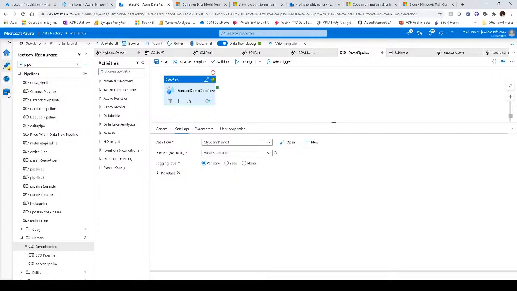So my debug is also using that same cluster definition for that Azure Integration Runtime. You don't need to use a large cluster for debug, because your debugging is going to work with sample data and you're only going to be looking at a snapshot of the data. But I'm just using it because I want to also run this activity from my debug cluster. So the debug session, when you turn it on, will spin up an interactive cluster in Databricks in the back